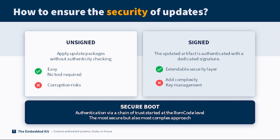So yes, signing is probably mandatory, and the new regulation will probably make it more and more mandatory. But that's a big topic, and it needs specific knowledge, specific people, and specific processes that you will have to implement in your company. Maybe just one insight we have seen: there is usually in your IT department already a PKI,